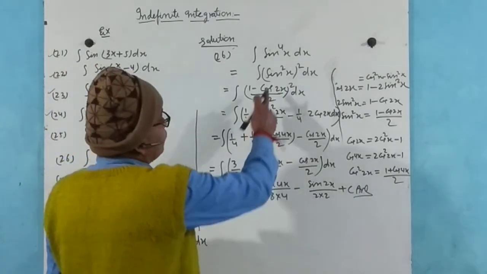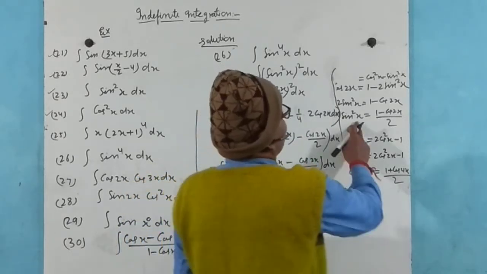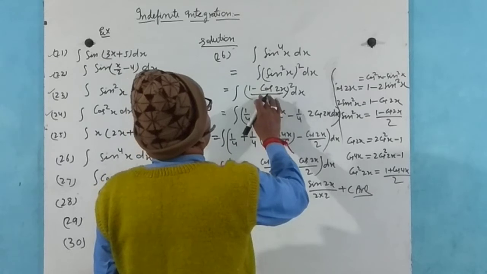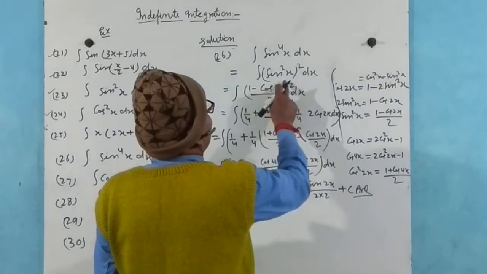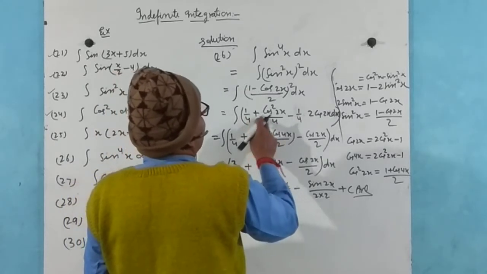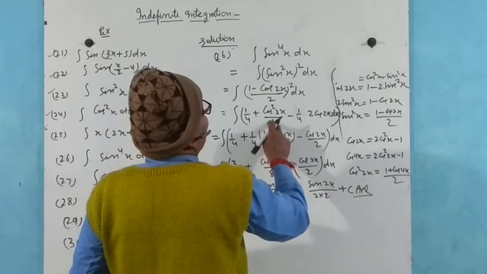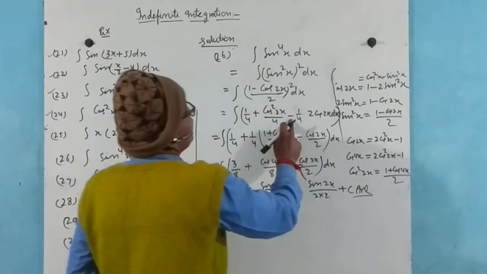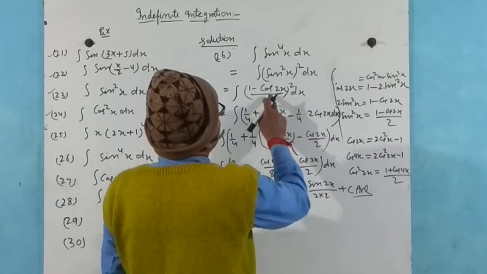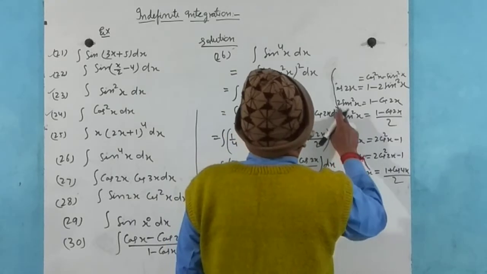Now here (sin square x) to the power 2, sin square x equal to (1 minus cos 2x) by 2 here, and we apply the formula (a minus b) whole square, a square, this becomes 1 by 4, plus b square, that is cos square 2x by 4, minus this 1 by 4 and 2ab, 2 cos 2x, and here